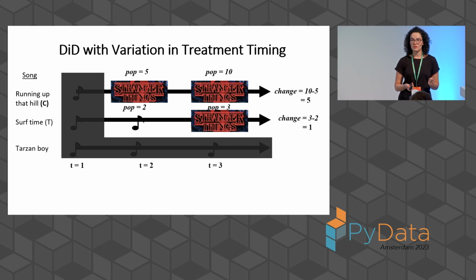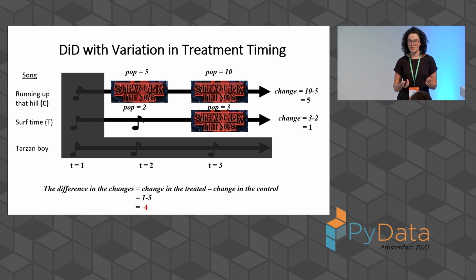And if I compare the change in treatment to the control, so 1 minus 5, that is equal to minus 4. So that will be the last component of your weighted average that will go into estimating this treatment effect with the difference-in-differences estimator. As you can imagine, the kind of issues that this could cause, even though in all the cases the synchronization had a positive impact, and here too, it is giving us a negative estimate. So if this heterogeneity is really high, and if you do not account for this variation in treatment timing, and if you do not prevent these forbidden comparisons, you might end up with really biased estimations of the treatment. Right, so we understand the problem,